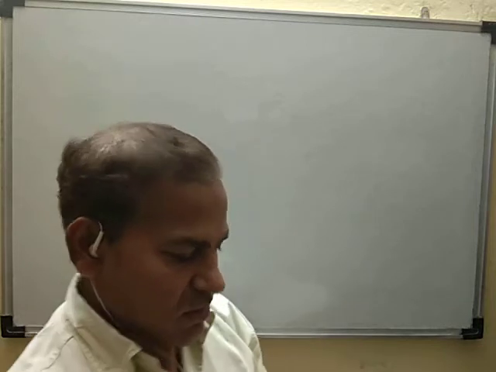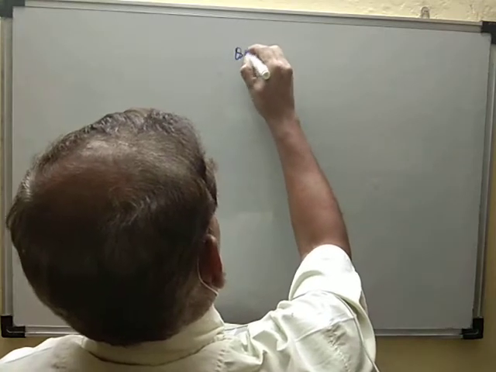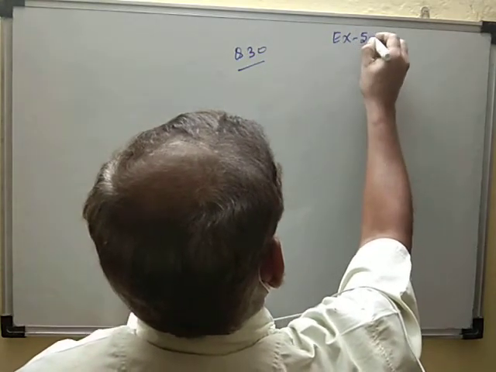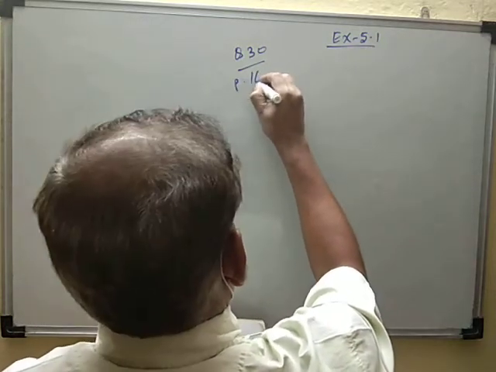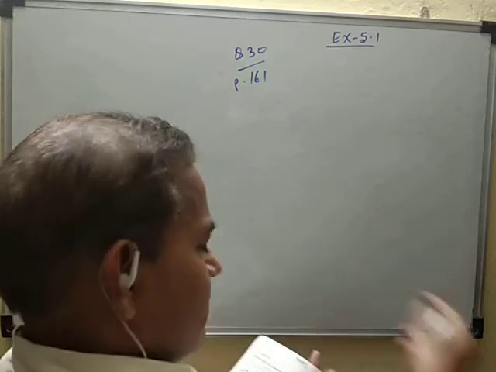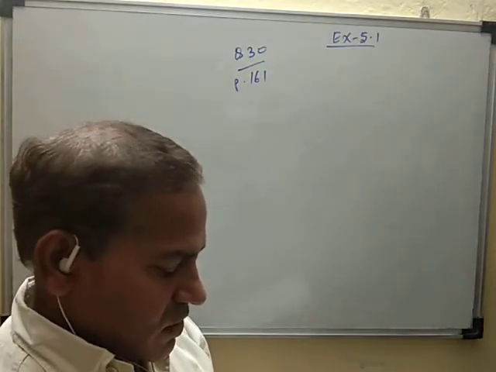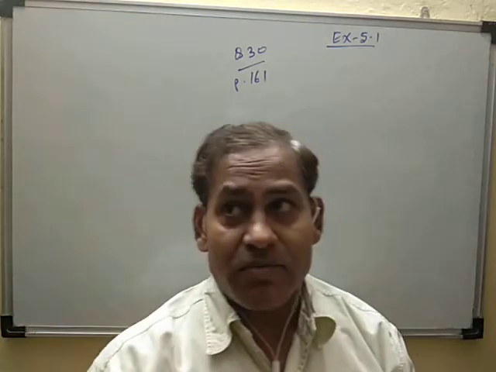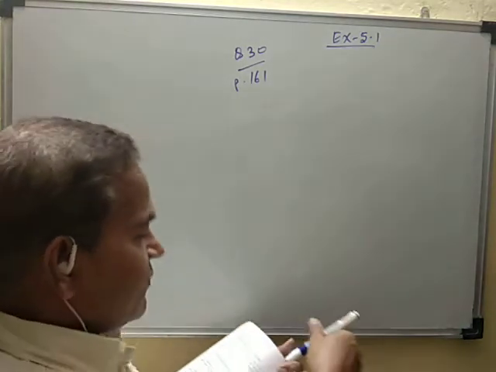Now question number 30, exercise 5.1, page number 161, chapter continuity. Question number 30 is: find the values of a and b such that the function is defined by,